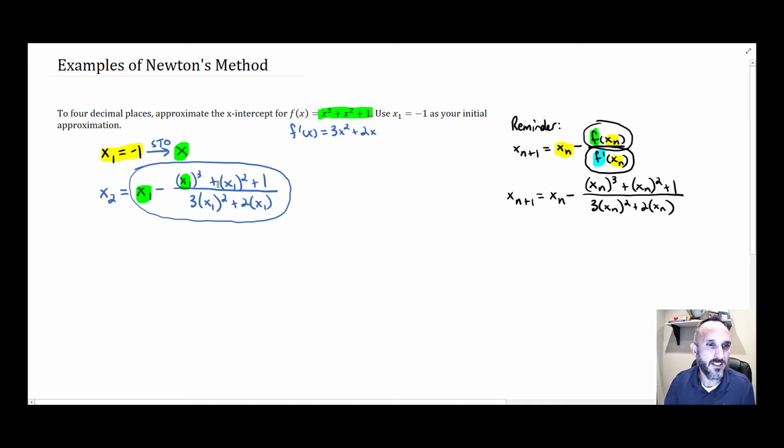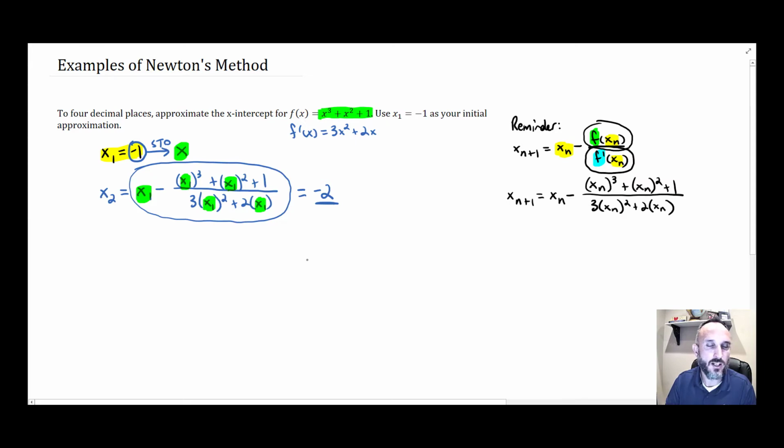So every place I've got an x sub 1 here, you're going to literally use the x variable on your calculator. And when you do, which by the way, x sub 1 is -1, so that's what's actually plugged in for all of these, right? You're going to get -2